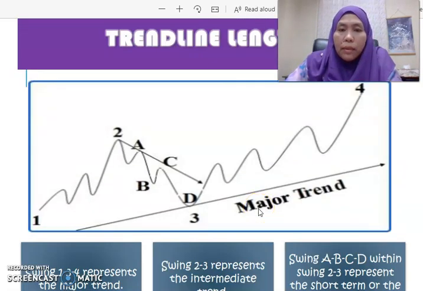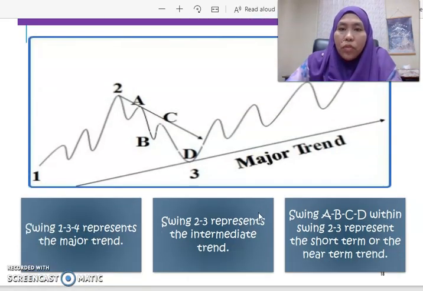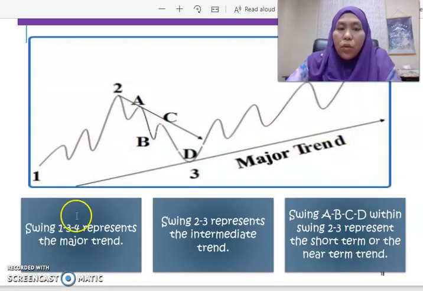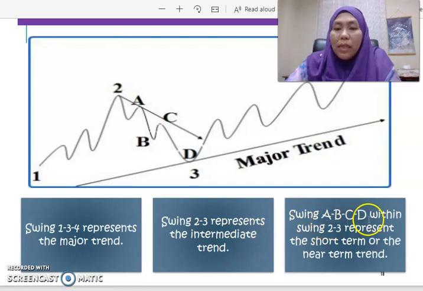So let's see some examples here. This chart shows swings 1, 3, 4. Swings 1, 3, 4 show us the major trend, which is an uptrend, while swings 2 and 3 represent the intermediate trend. And swings A, B, C, D within swings 2 and 3, we call a short-term trend. Okay,